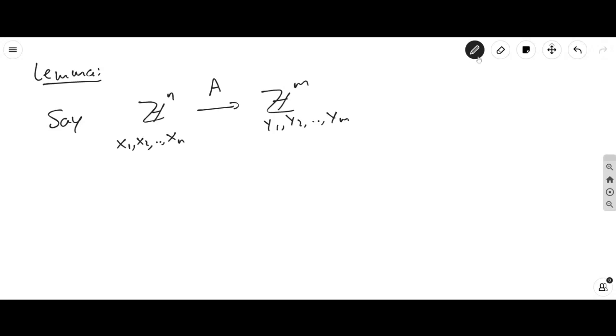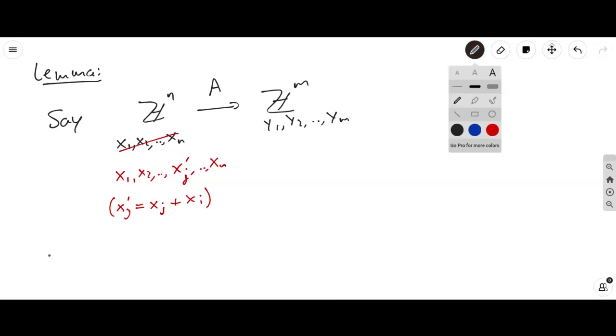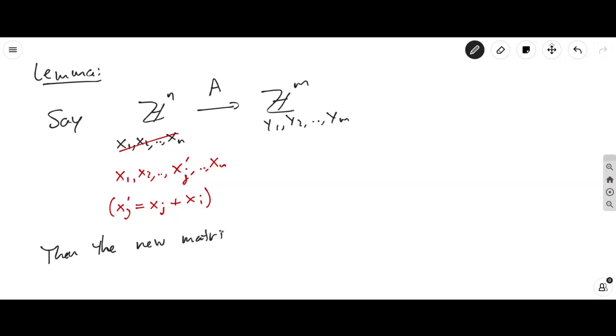We're going to replace this set of vectors by x1, x2, let's call it xi prime, I'm sorry, xj prime, up to xn, and these we will keep exactly as they are. Where xj prime is the original xj plus the added-in xi. So then the new matrix, let's call it A prime, with respect to this new basis,